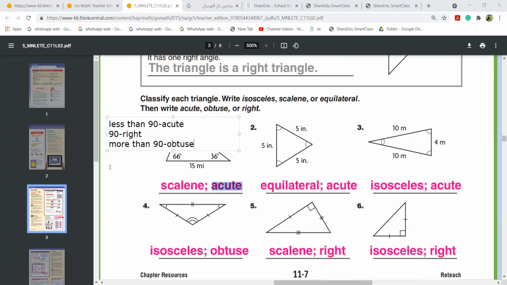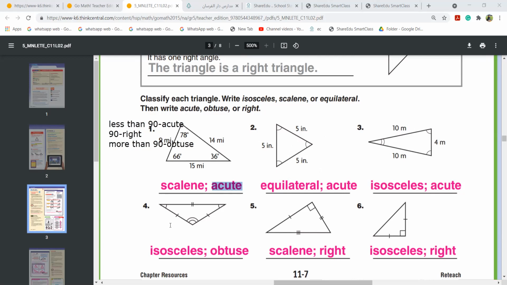Do you understand this, girls? Please tell me. All sides are equal: equilateral, and acute. Now you'll say, teacher, angles are not given, how do I know this is acute? You know, it is all closed beaks. Can you see all closed beaks? You don't have an open one. This is closed. Acute and isosceles. Isosceles because two are the same and one is different.